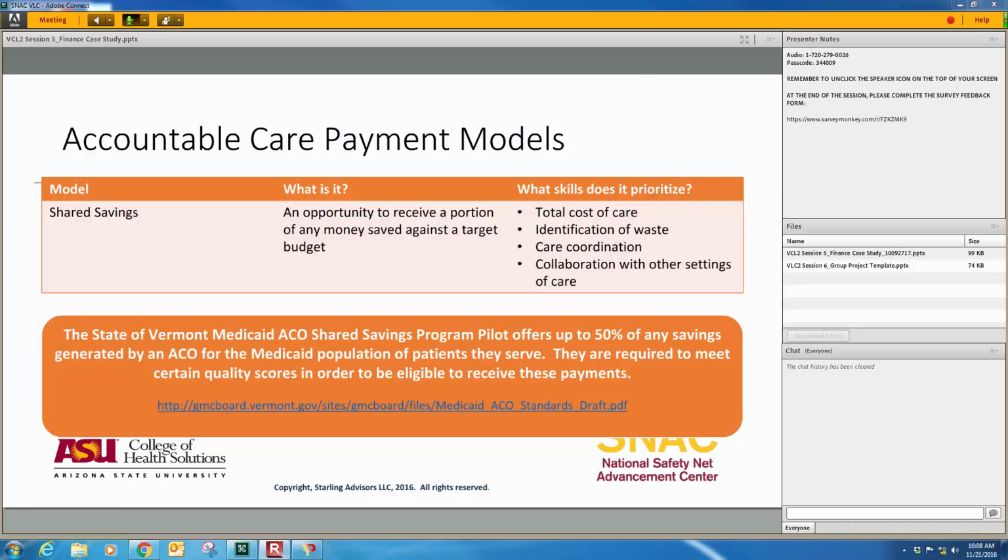The shared savings model is really an opportunity to receive a portion of any money saved against a target budget. So in the case of a shared savings model, you have a baseline year or baseline years that are set out that look at both quality and cost performance. And then based on how well you do relative to those targets, a percentage of that shared savings comes back to you. It's a little different in that it requires that the participants have an understanding of total cost of care, that they've got the ability to identify strategies that reduce waste or redundancy in the system, typically informed by what claims data is telling folks, and then being able to set up care coordination and